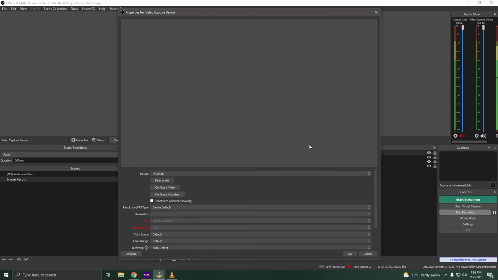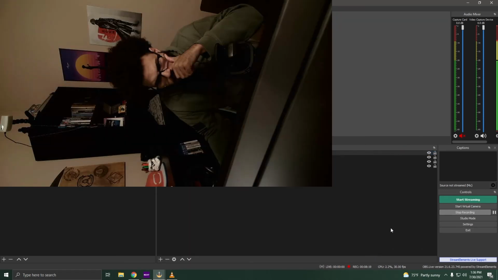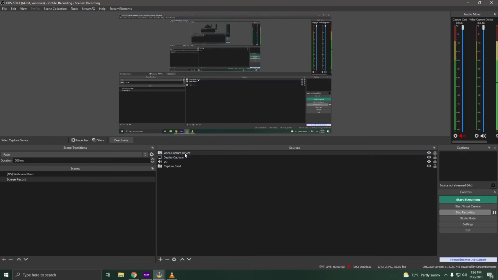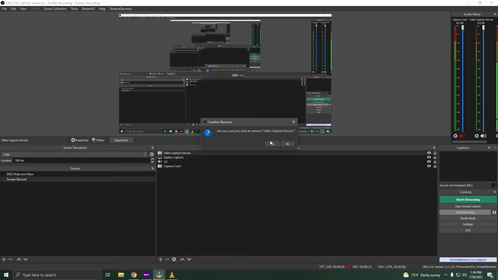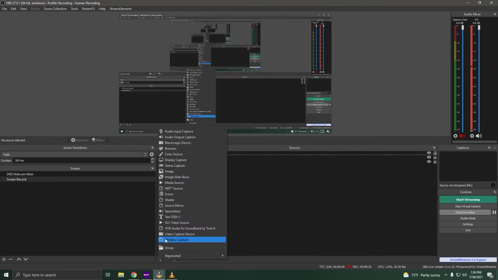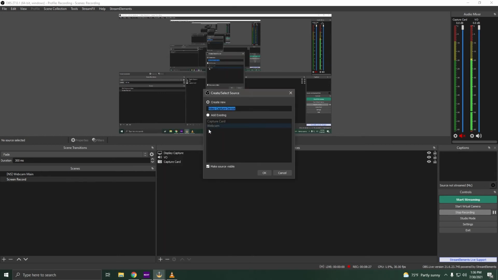It's worth noting that if an added source is removed from all scenes, it will disappear from the list of sources of that type, and you will have to set up the source all over again. If you remove the source, but it's still present in other scenes, you can add it again by adding a source, selecting the type, then choosing Add Existing and selecting from the available list.